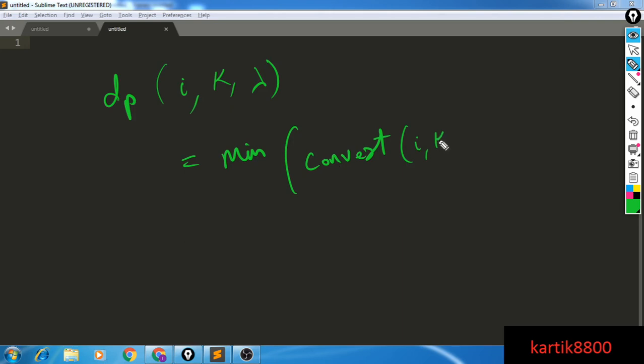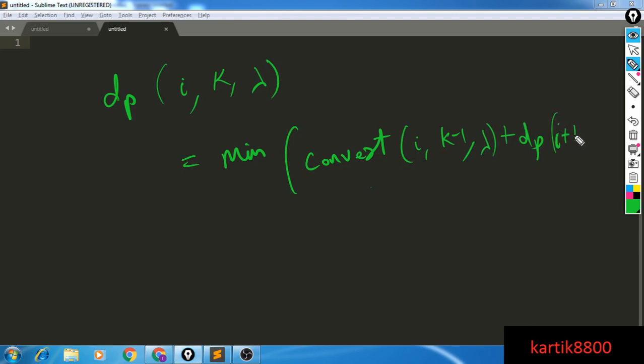That means the substring that starts at index i and has length 2 power k minus 1. This is the exponent: if the length was 2 power k, the half will be 2 power k minus 1. So you convert the first half. What is the cost to convert all the first half characters to lambda, plus